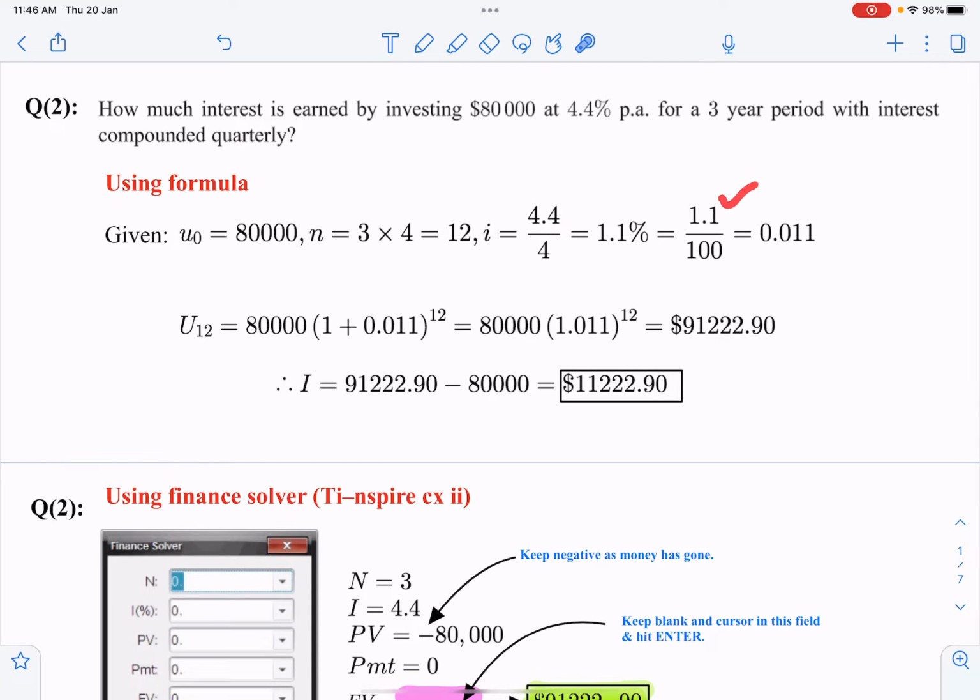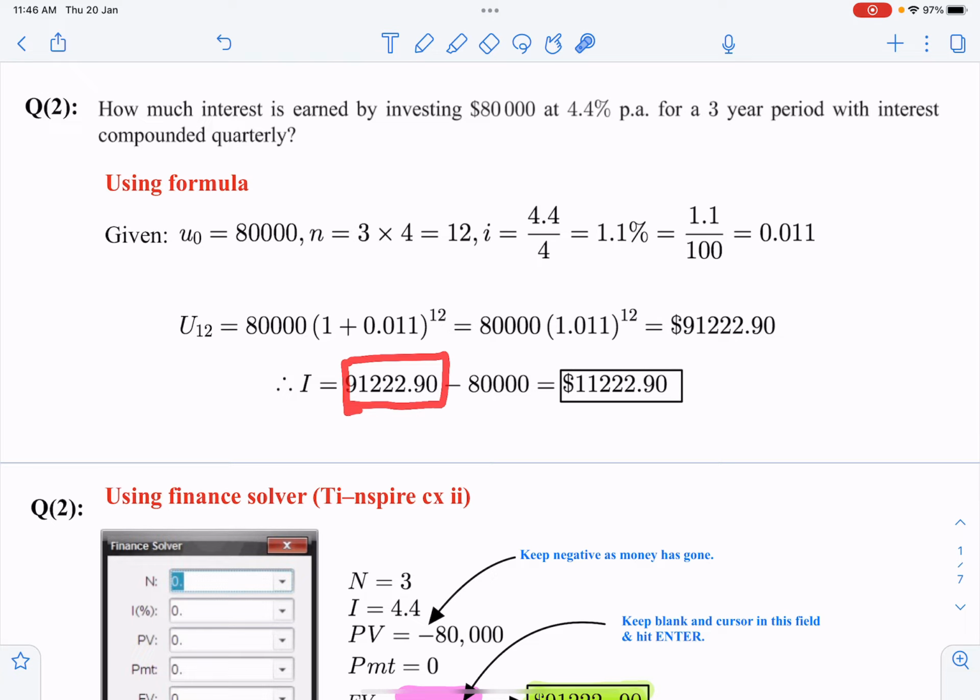So 1.1% divided by 100 gives you 0.011. So putting it in the formula, 80,000 into bracket 1 plus 0.011 to the power 12, which will be 80,000 into 1.011 to the power 12, and it comes out to be $91,222.90. Okay. Only the interest is asked in this question, therefore interest will be Un, which means U12, the total amount